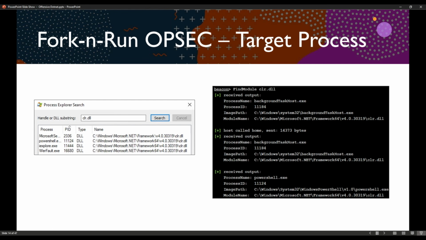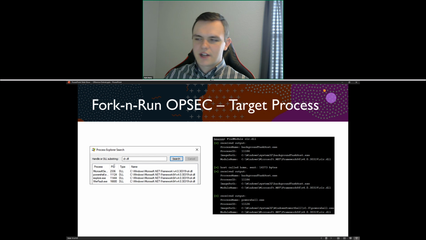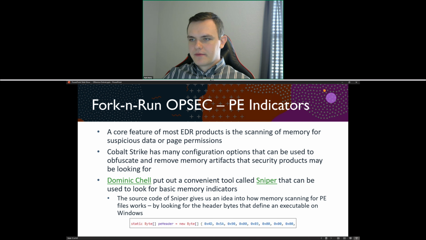On the left, you can see Process Explorer. I'm just searching for CLR.dll, and here's a couple processes that are running it. Some are malicious, some are not. On the right, you can see I'm running find module, which is part of the find objects BOF project, and I'm looking for CLR.dll. And again, I can see all of these different processes that are running the .NET runtime. So with that,